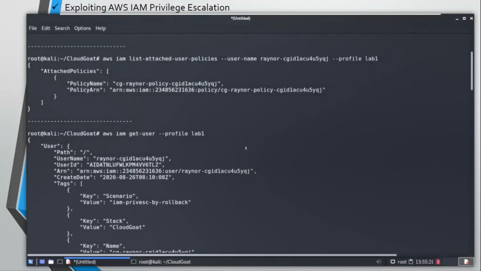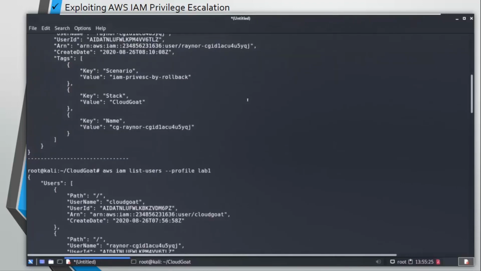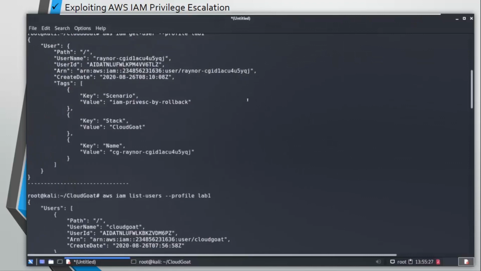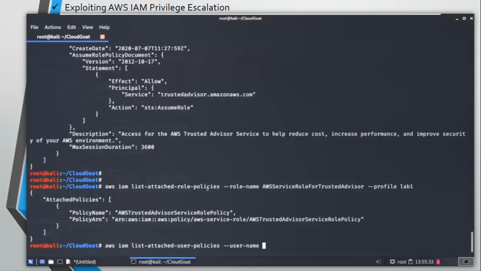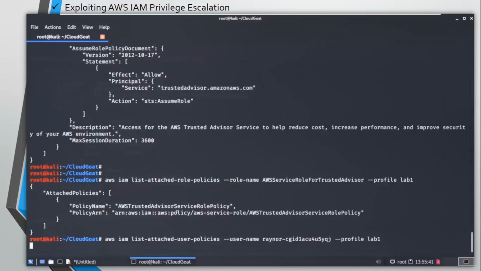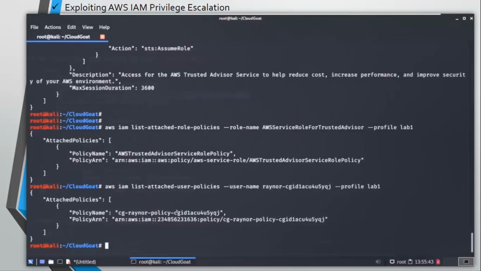So we need the username for it. There it is, so just copy paste this. We are going to check the attached list of user policies for the user Raynor.